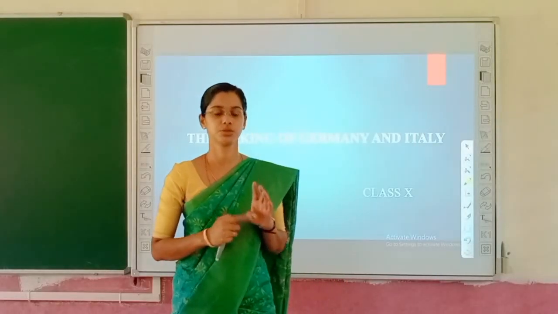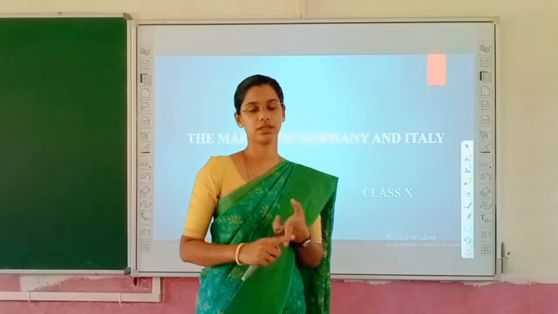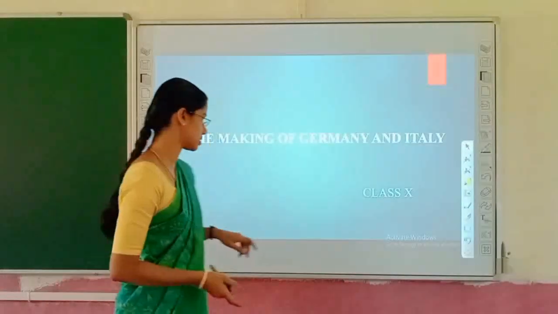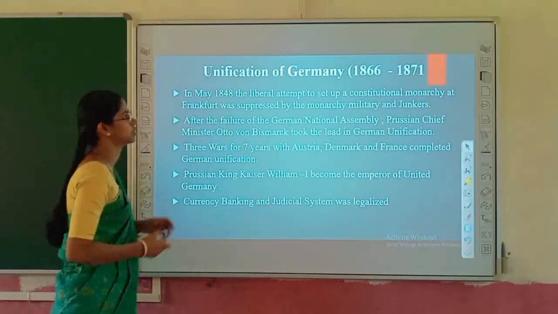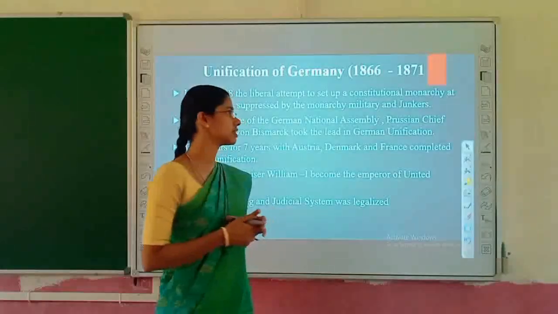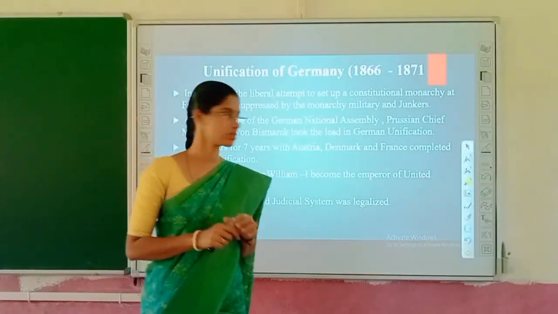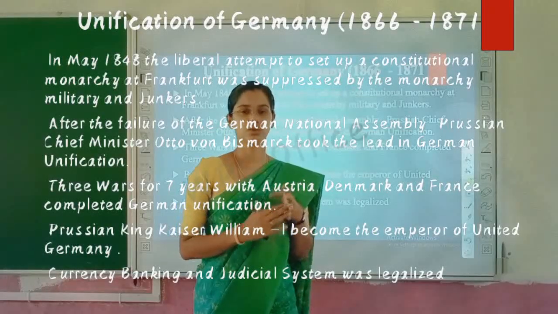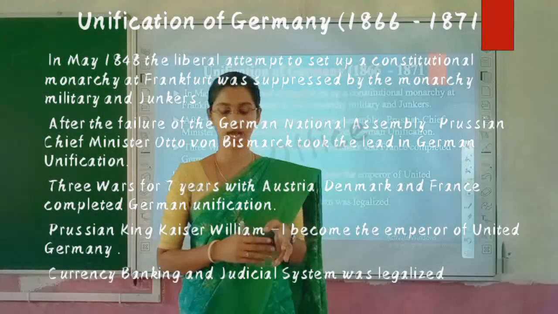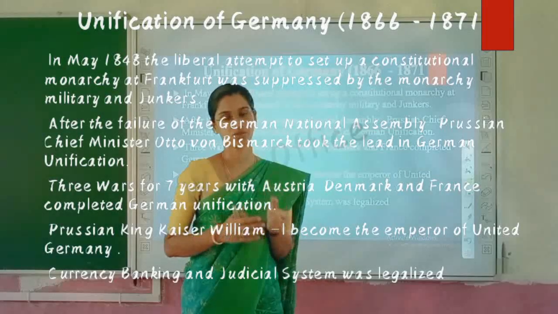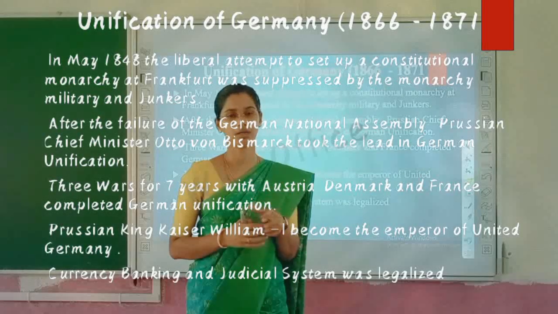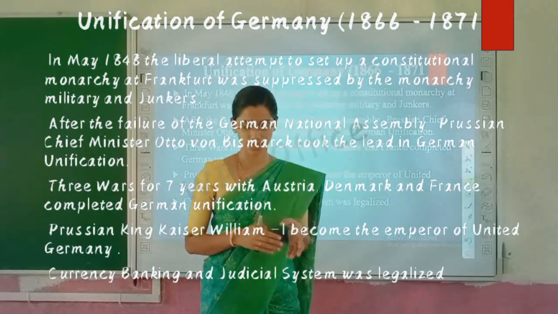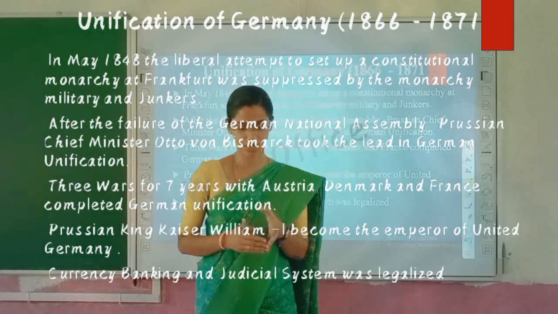Unification process of Germany, Italy, and then the strange case of unification in Britain. Firstly, we discuss the unification process of Germany, that is in the years 1866 to 1871. In the case of Germany in 1800, nationalist feelings were strong in the hearts of the middle class people, and then they united in 1848 to create a nation state out of the numerous